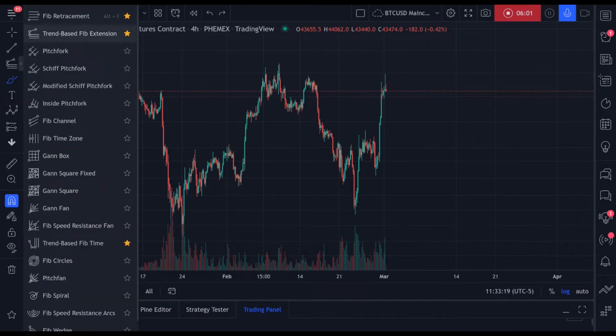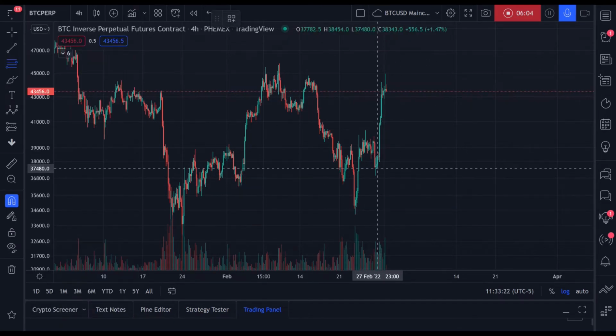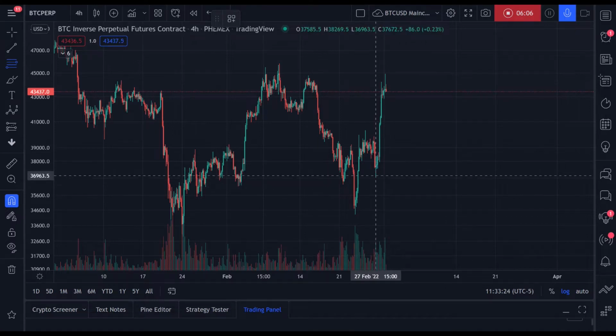And the levels I just gave you were based off of a wave 4 retracement. So how do I get that? Basically,